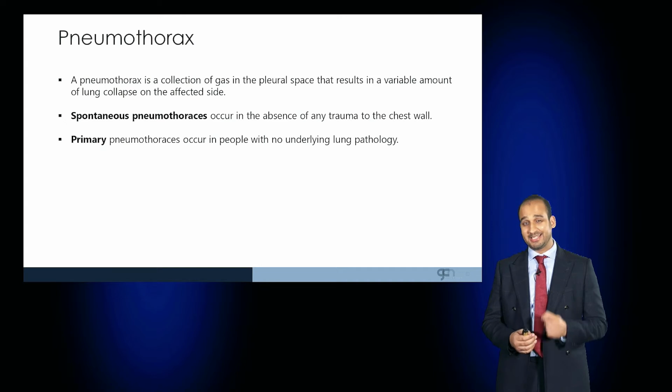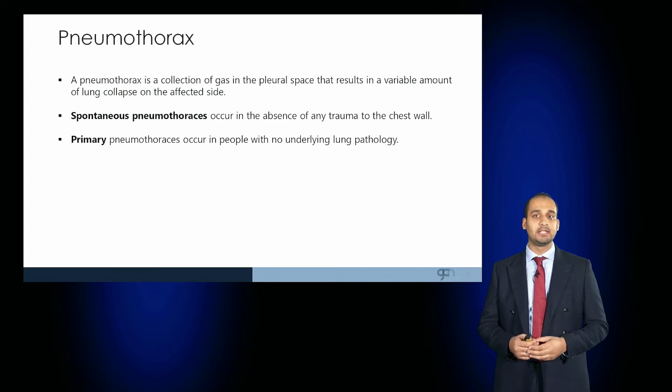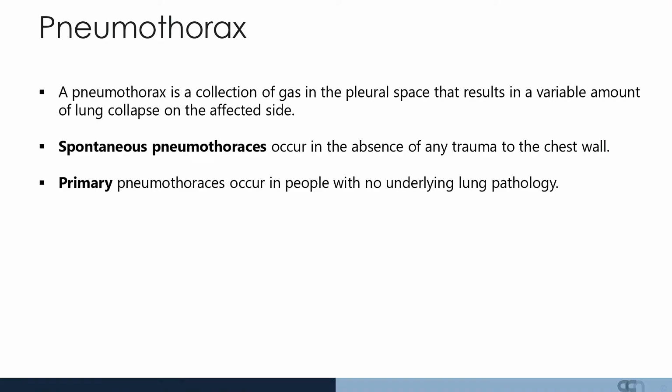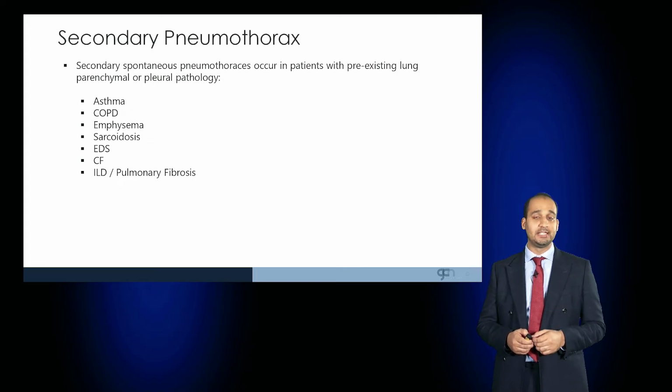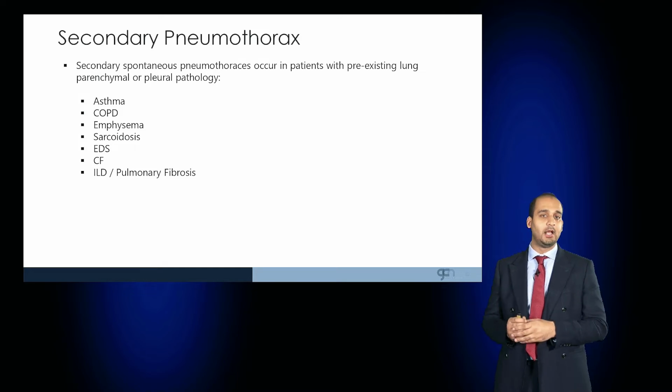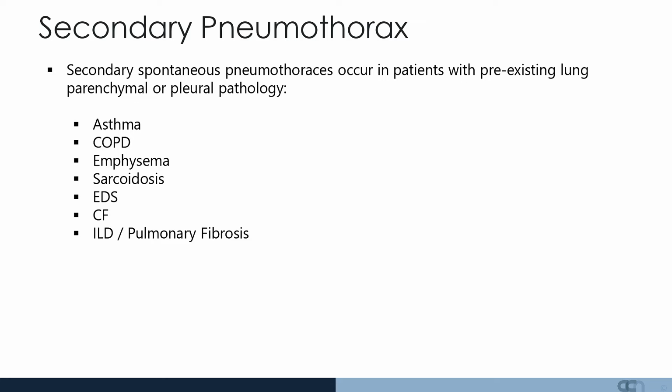A pneumothorax is a collection of gas in the pleural space that results in a variable amount of lung collapse on the affected side. Spontaneous pneumothoraces occur in the absence of any trauma to the chest wall. Primary pneumothoraces occur in people with no underlying lung pathology. Secondary spontaneous pneumothoraces occur in patients with pre-existing lung parenchymal or pleural pathology, so patients with asthma, COPD, emphysema, sarcoidosis, connective tissue diseases such as Ehlers-Danlos syndrome or cystic fibrosis, or interstitial lung disease all increase the possibility of a